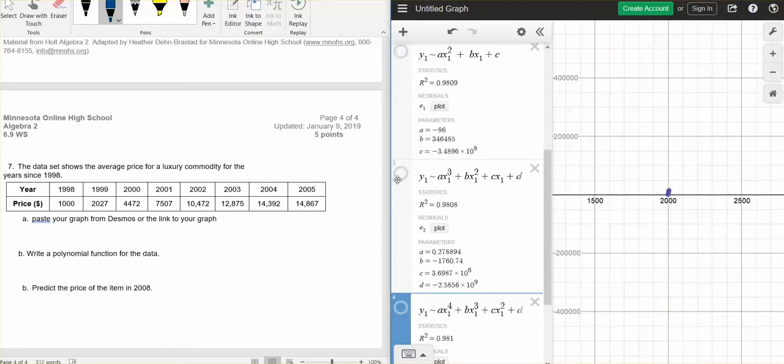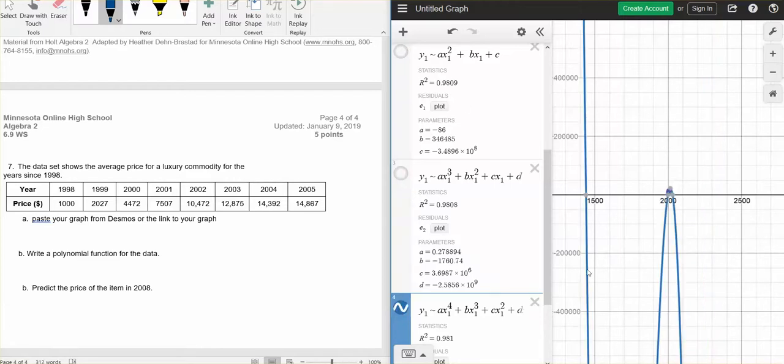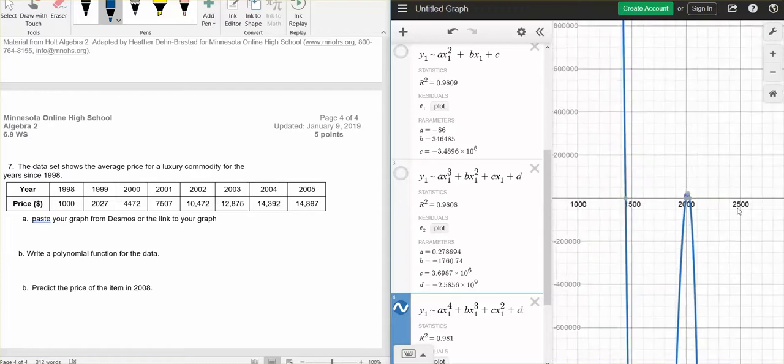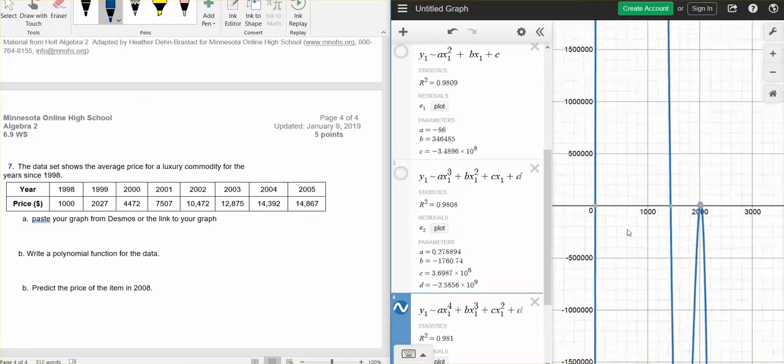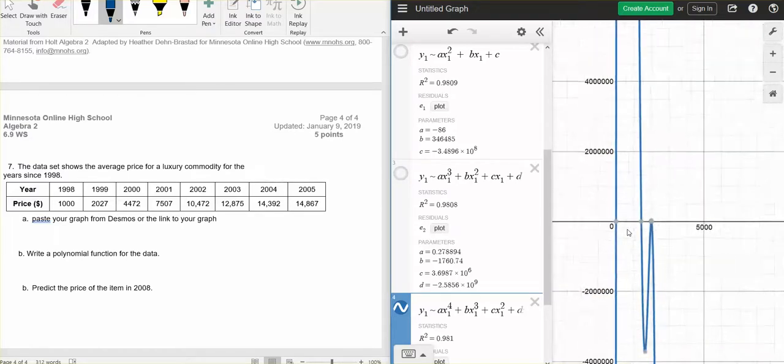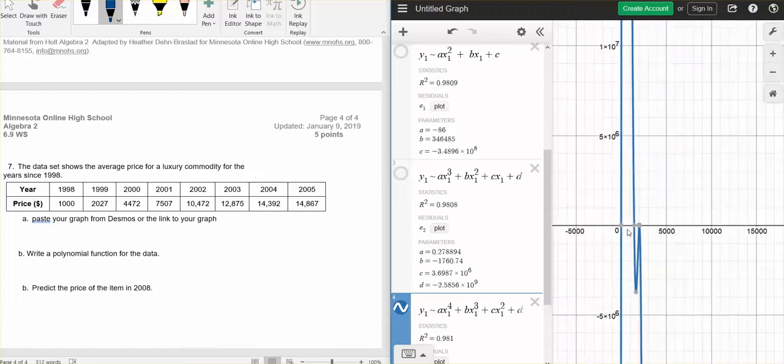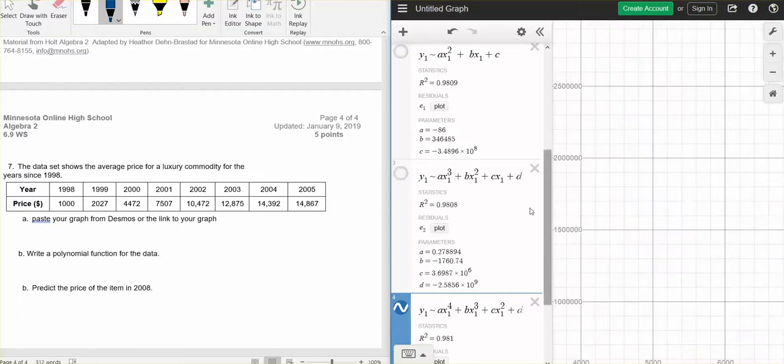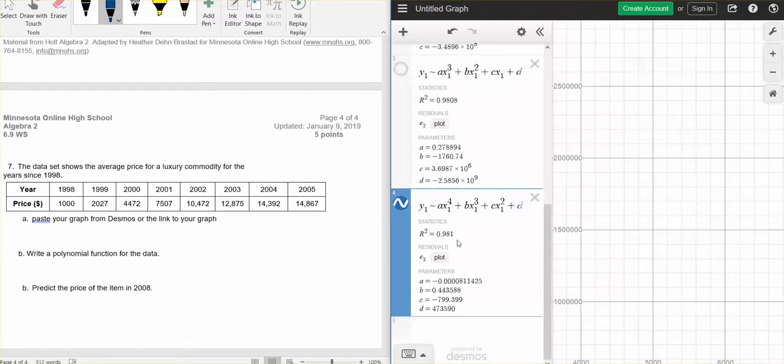The cubic goes increasing, decreasing, then increasing. And the quartic actually should be like a W shape. Oh, there's the other part of the curve. Whoa, that's a crazy looking curve. So you can see that that one has a lot to it that was not actually in our data. So you pick the function that you think fits best, and then,